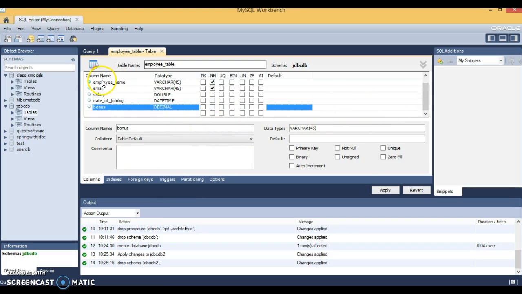So I have selected my column names, their corresponding data types along with the size. Here if you want to change the size in brackets, you can change, like employee name I want 60 characters, varchar size 60, then you can specify the size. Now I am going to apply.